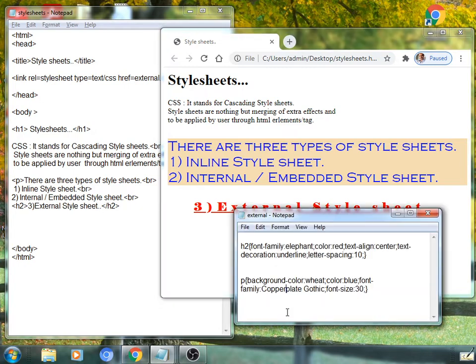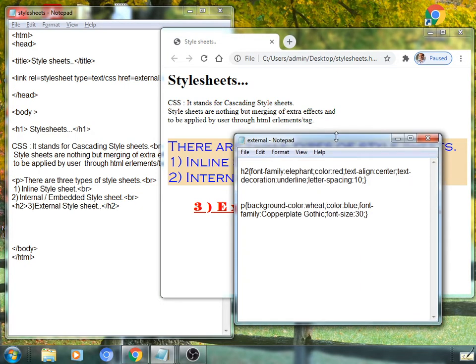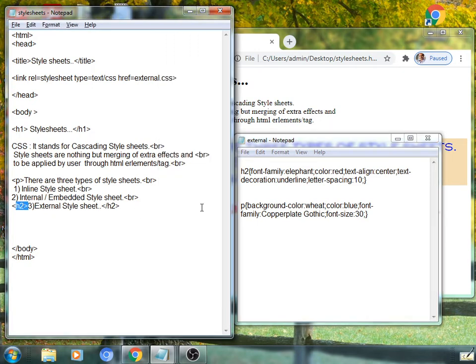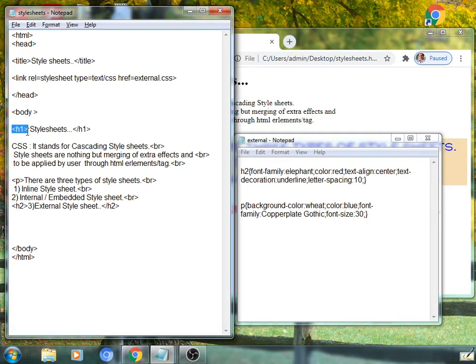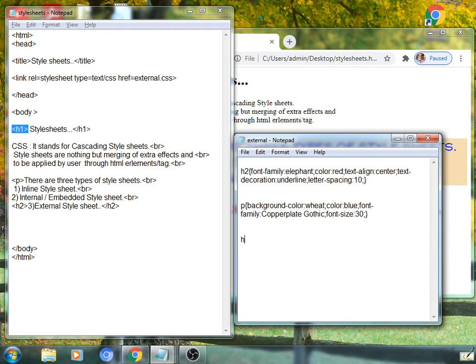Likewise, again if you want to apply extra effects by using other selectors, you can apply the same effects through the same selectors or other different selectors. Suppose you want to apply here H2, H1 or up to H6, any heading level. Basically we have chosen H2 as a selector from here. Also you can get H1. Here is a tag, we have applied H1. See here, H1 as a selector.